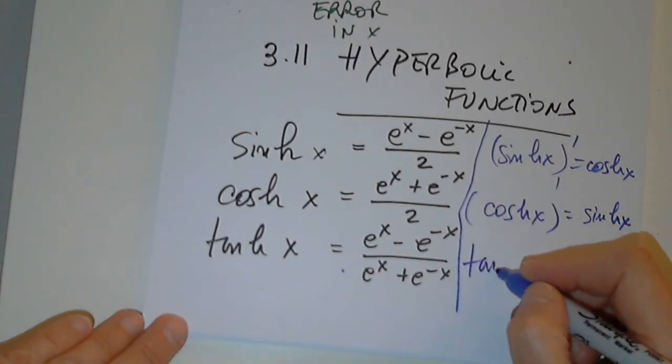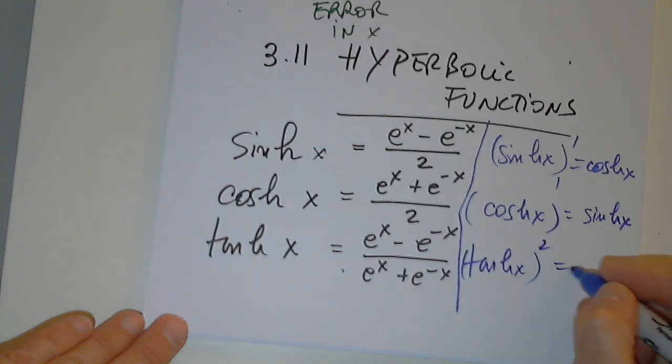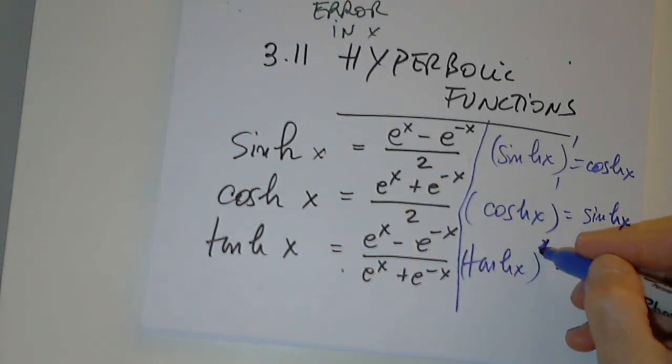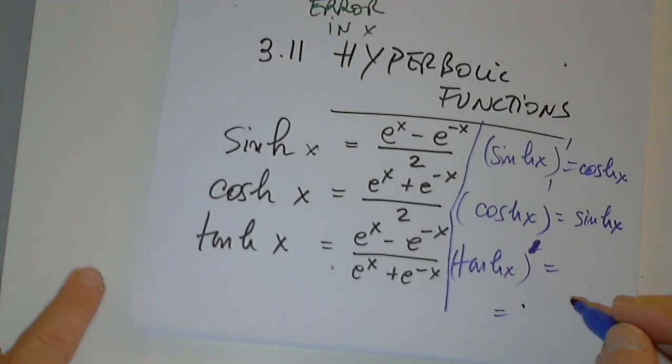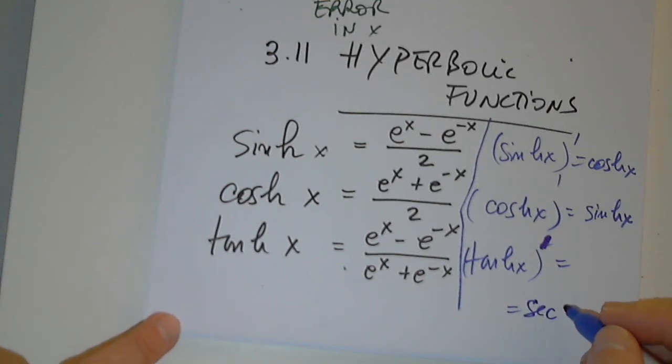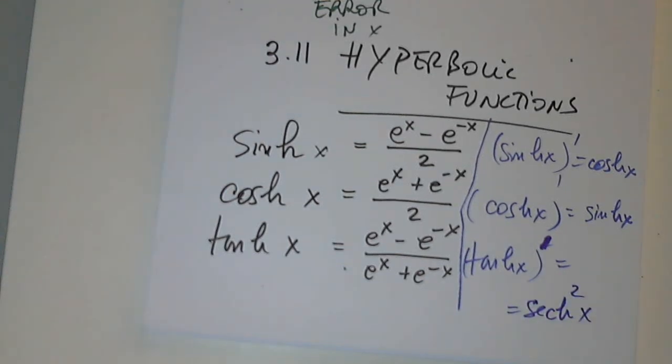And the last one, what do you think? Just a wild guess for hyperbolic tangent prime. Yes, you're right. Hyperbolic sine prime is hyperbolic cosine, hyperbolic cosine prime is hyperbolic sine,